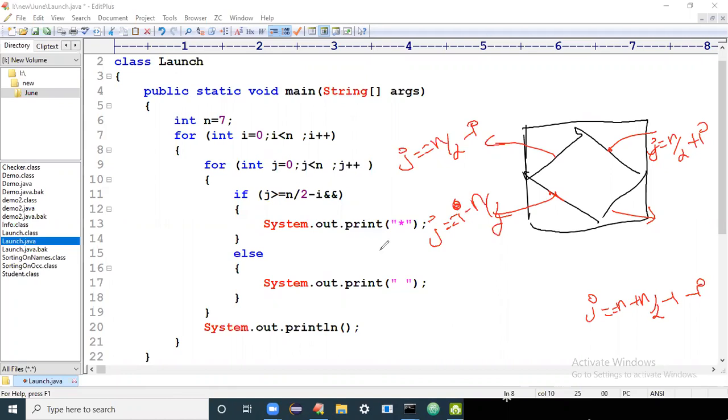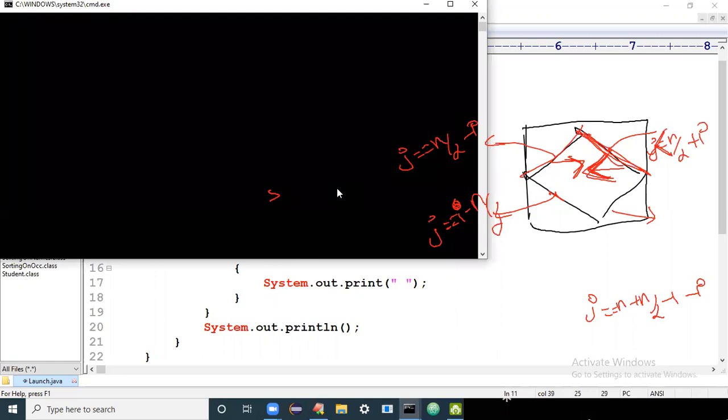Now watch here. You are told from this line you want to print right side. Since you are told right side, you have the greater than symbol. There is one equation here. What's the equation? j is equal to n by 2 plus I. From j is equal to n by 2 plus I, do you want to print right side or left side? Don't you think it is left side? Left side means copy the symbol, so it is less than or equals to n by 2 plus I. So I'll tell here it is and. j is less than or equals to n by 2 plus I.